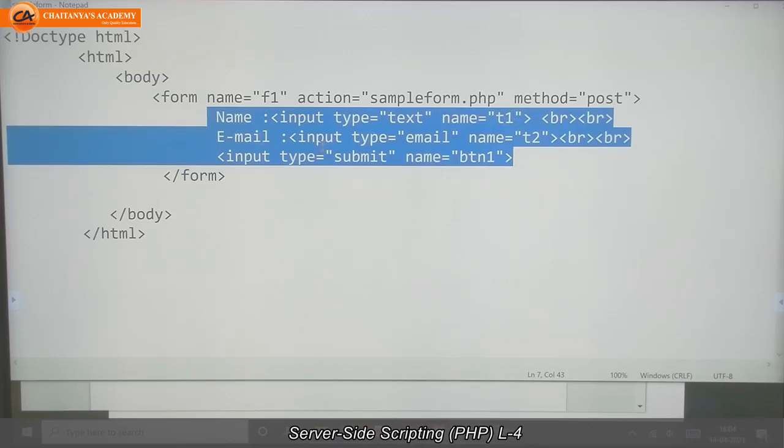Next, to give email, I am going to write one input tag. In that type attribute, I am going to provide the value email. Why email? Because if I wrote text here, then I would need to write validations for email. Validation means our name is any string of characters.